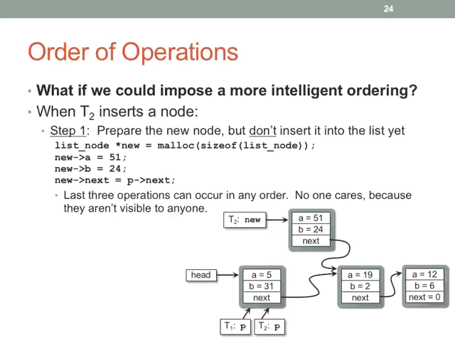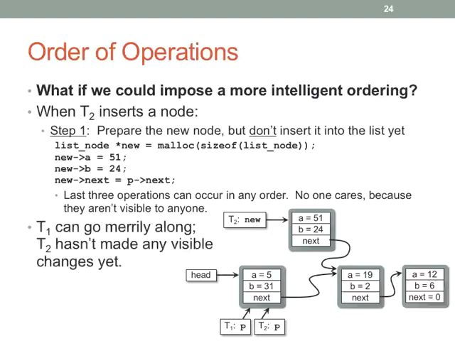Okay, so we prepare a new node. We don't insert it into the list yet. And you can see that new A, new B, new next, those things could happen in any order. We do not care. Okay? Obviously, the first operation should complete before any of the other ones do. If that doesn't happen, then you kind of have real issues. But we can presume that the last three operations can occur in any order because they're not visible yet. Okay? And you can see that T2 is the one manipulating the list. T1 can just go on. It doesn't care because it doesn't see the changes. They're not even visible. If it follows next, it doesn't see the new node because it isn't actually in the